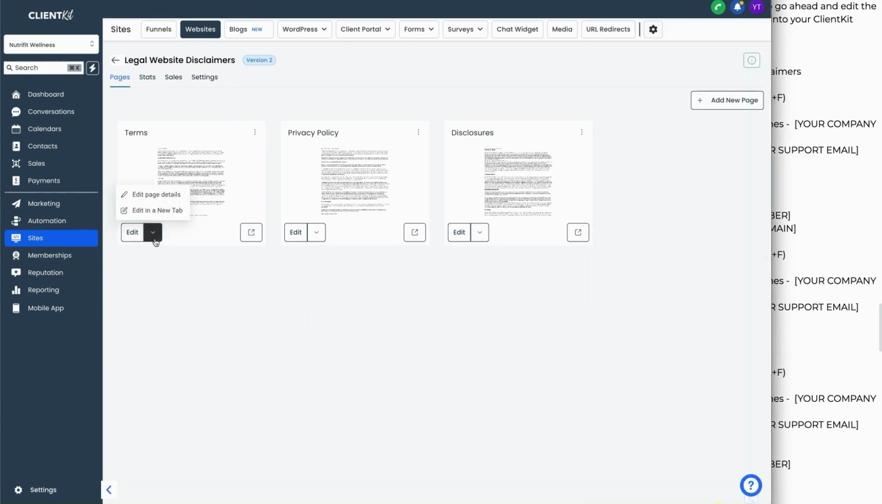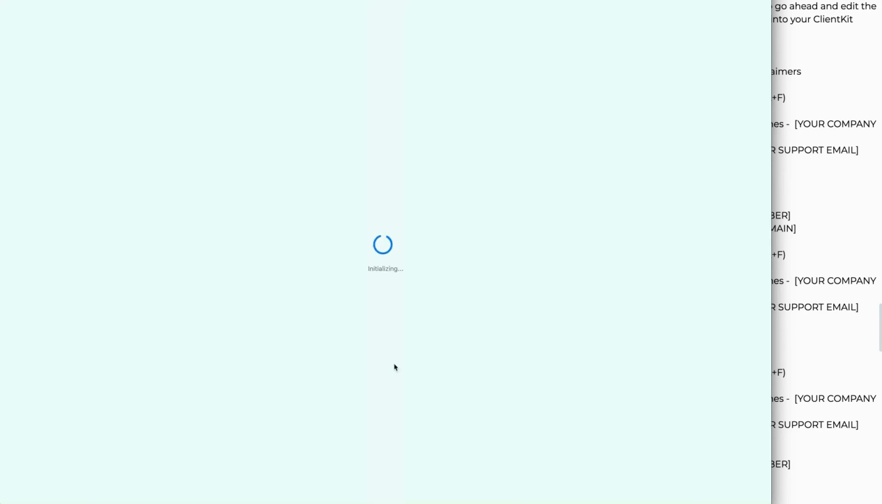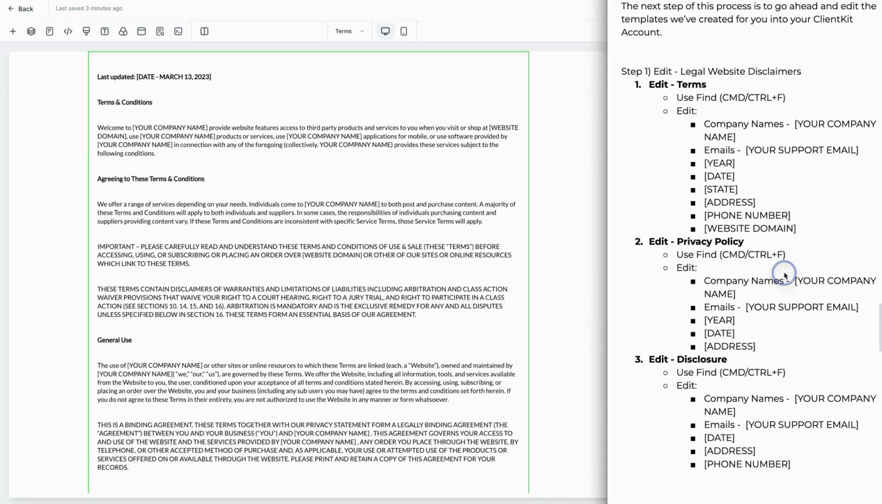So we're going to go ahead and click on edit. I'm a big proponent of editing in a new tab, but it's completely up to you. It's going to open up inside of a new tab right over here. Once it opens up inside of this new tab, you'll see